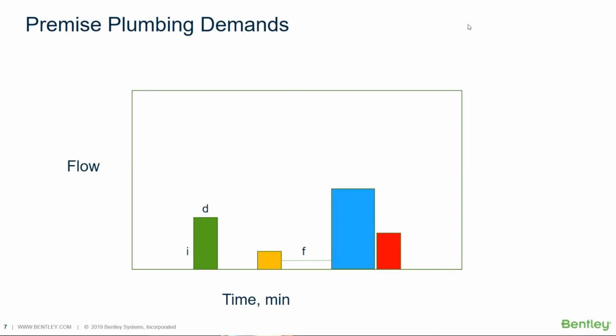And what I'm showing there are basically for any fixture, you know what the intensity is roughly, and you know the duration of how long someone's going to run that when they turn on a shower, when they flush a toilet, when they turn on a washing machine. The tougher one is the frequency, because the first two are kind of constants for a given fixture. The frequency of use, though, is a function of time of day.